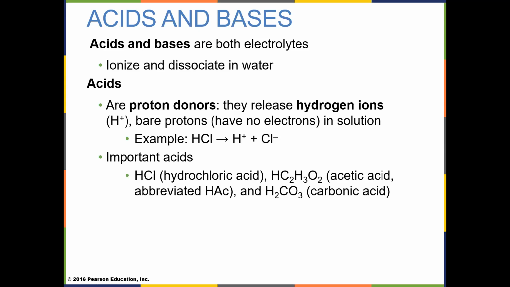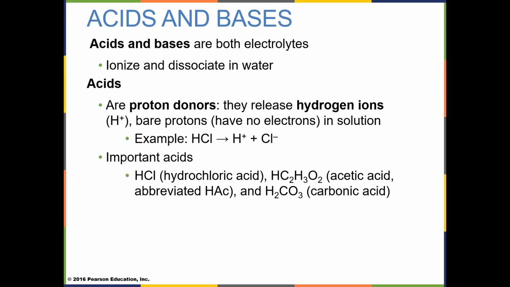Protonix is a good example of a proton pump inhibitor. Prevacid, you've seen Prevacid, I'm sure you have anyway. You can go get it at Walmart. Prevacid is a proton pump inhibitor. All of these drugs work by reducing stomach acid by preventing the action of the proton pump. Proton pumps pump out hydrogen ions to make hydrochloric acid. We've got to have hydrochloric acid in our stomach to digest proteins. That's why it's there. Anyway, acids give off protons. The stronger the acid, the more protons they're going to release.